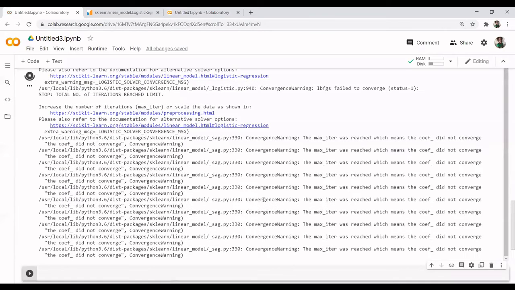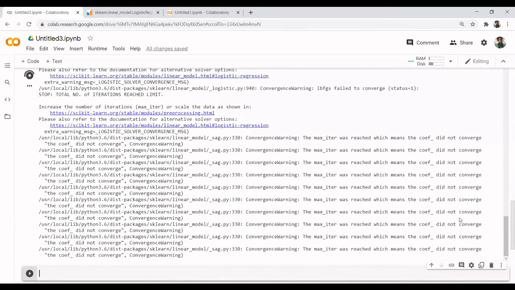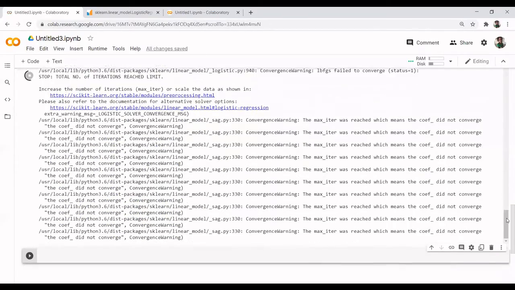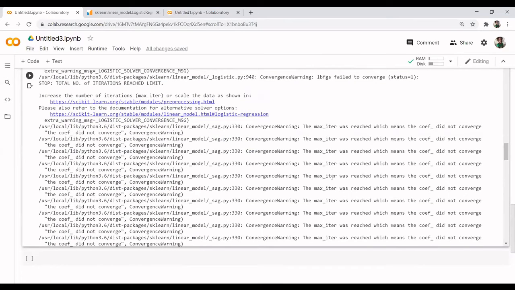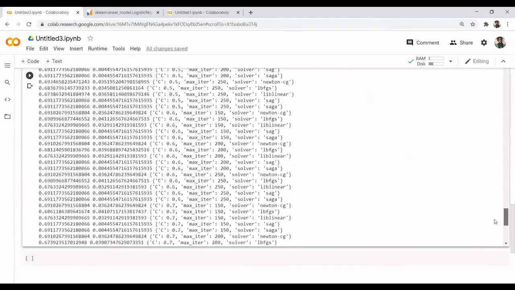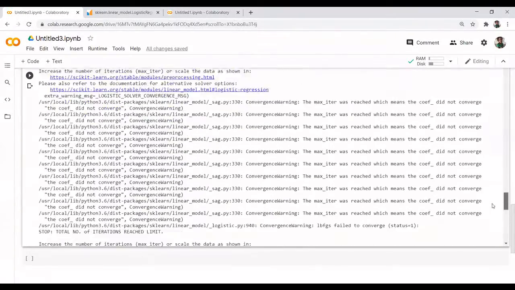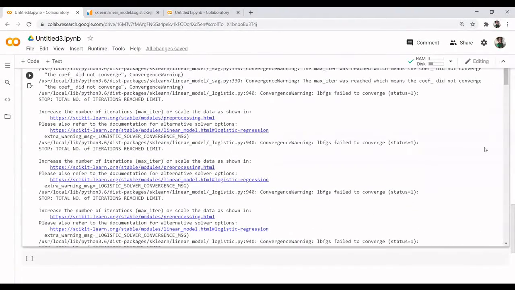So this is how you can tune. It's not a big deal. Things are not that difficult. If you know one code, we can try other things also. See here, if you can see the output, maximum iterations was reached, but it was not converged. It simply is telling us that we need to increase the number of iterations. So one can always go to the code and increase the number of iterations.